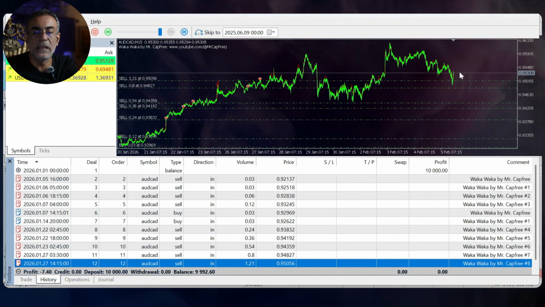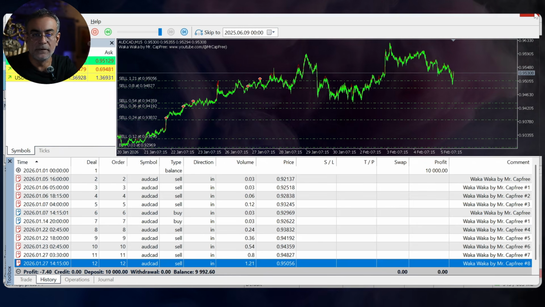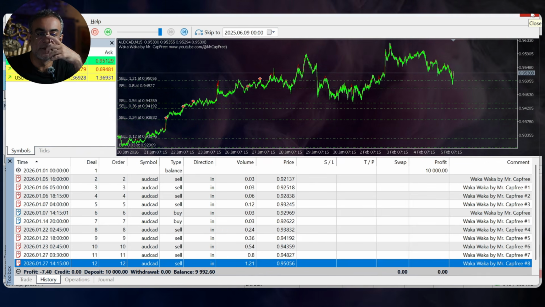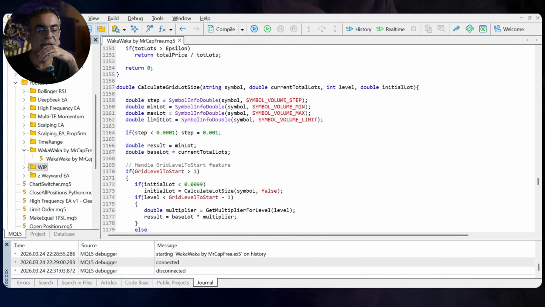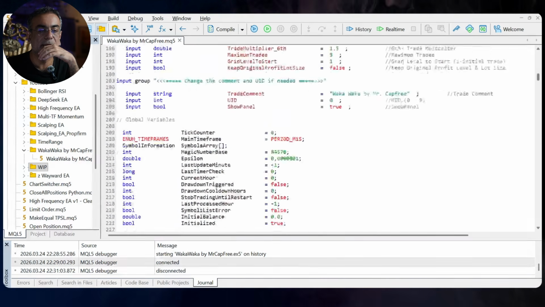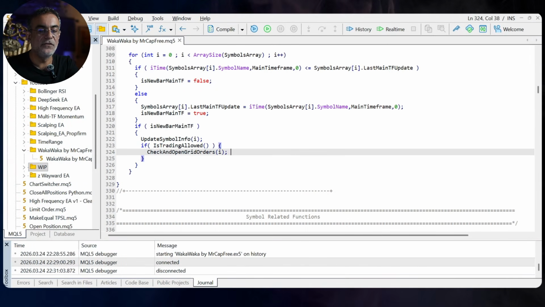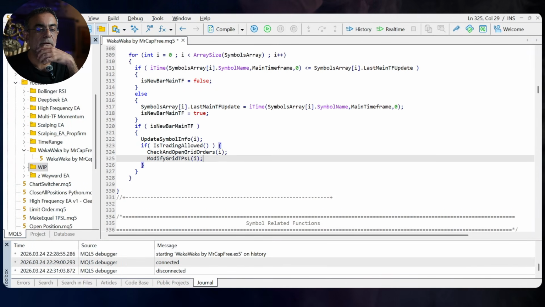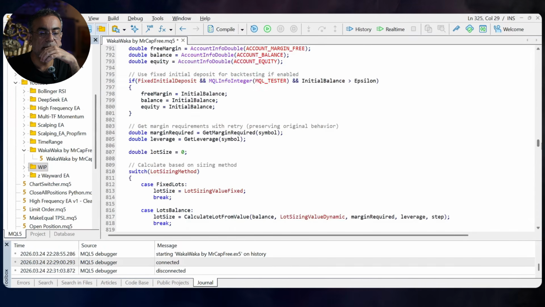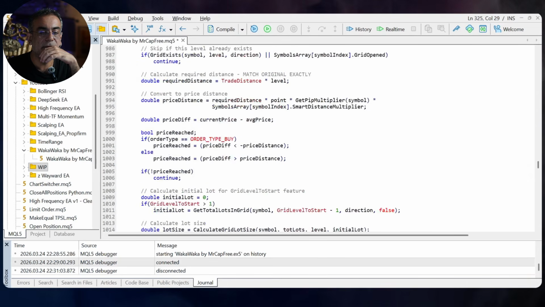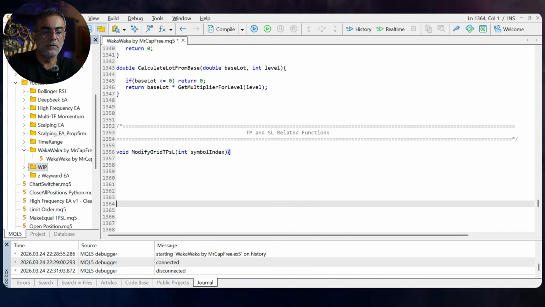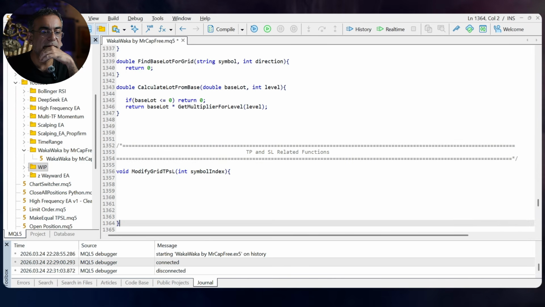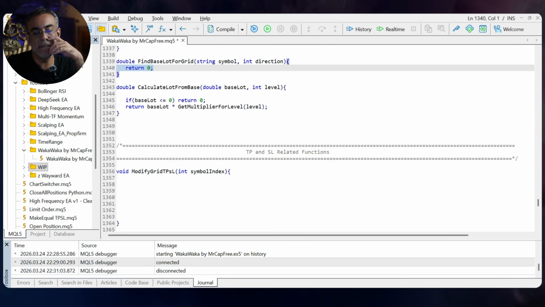and the grid levels actually happening at the distance that we want, the 35 or the smart distance if the smart distance is enabled. So with that done, now we can start looking at adding the TPs and stop losses. So we go back up to the onTick function, and after the check and open the grids, we're going to add to it the modify grid TP and stop loss function, which we're going to come down here in the segment that we have created for stop loss and TP, and this is where we're going to start writing the modify grid TP and SL. But by the way, I see I left this function empty, so let's write that one as well,